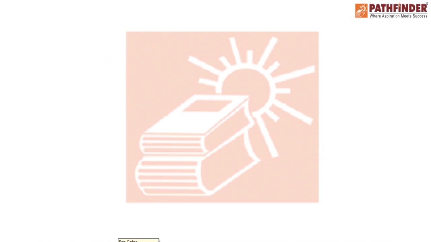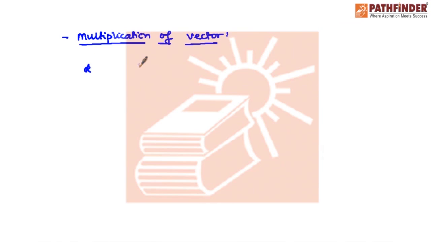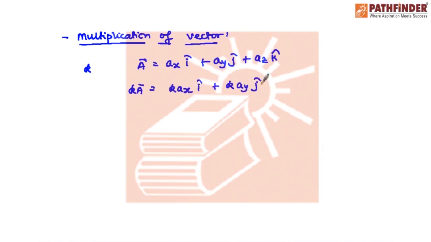If there is a multiplication of a vector, suppose we have a vector and a scalar quantity, suppose there is a k, a number, and there is a vector ax i cap, ay j cap and az k cap. So if we write what is ka, then we simply multiply this parameter over here: k ax, k ay and k az. This is scalar multiplication of a vector, and then there is the cross product method. So let us deal with the cross product method.